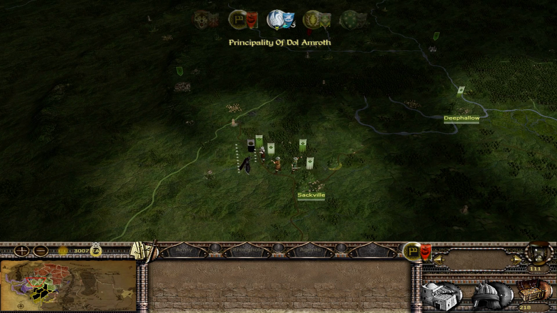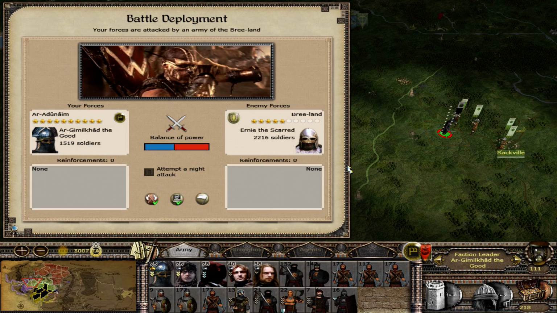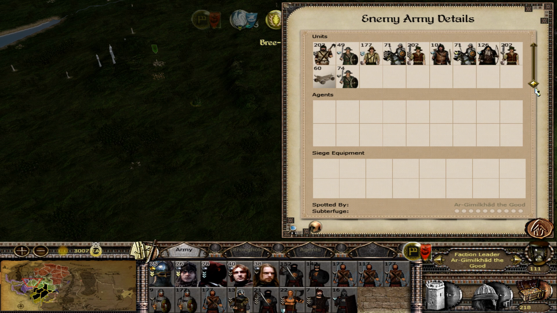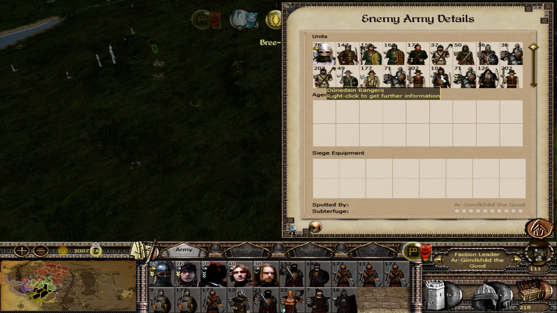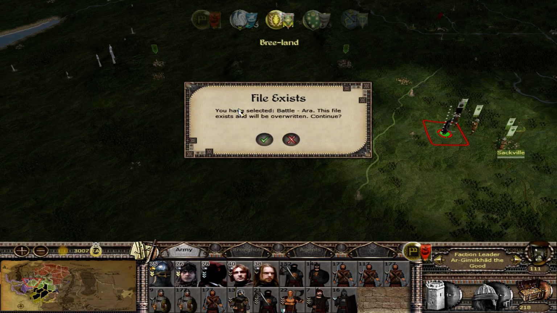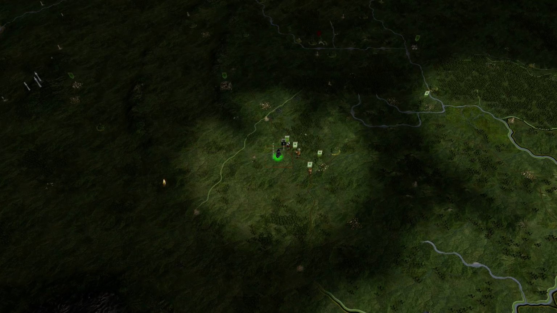End the turn. I think Bree will attack us. Oh yeah, there we go. Oh, Ernie, you came alone. Ernie has, quite unfortunately, a rubbish army. I know it might look like it's not that bad, but actually it is an awful lot of trash. The Adûnâim Rangers and the Adûnâim Wardens, of course, will give us a little run. It's got some good cavalry, but we've got some great cavalry killers, so cavalry's not going to help too much.